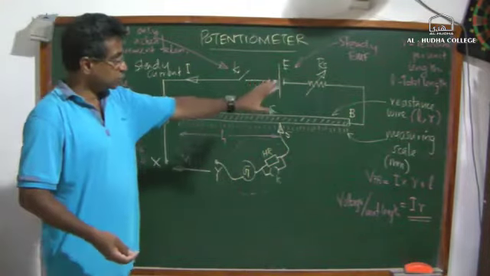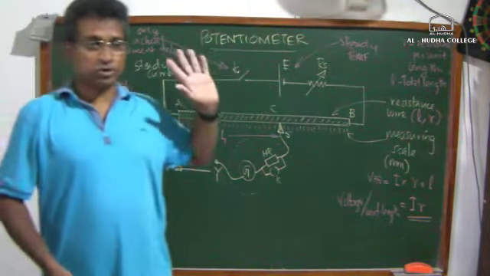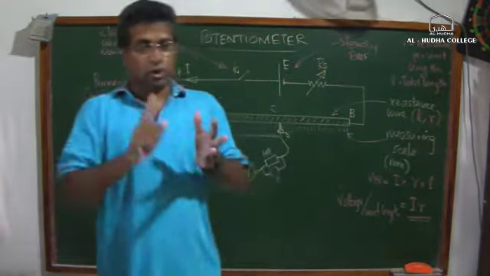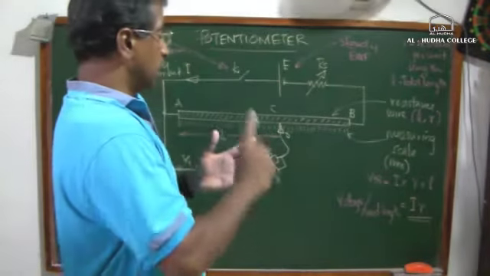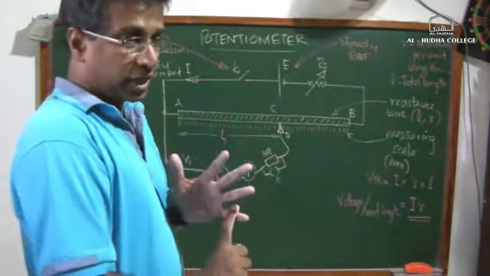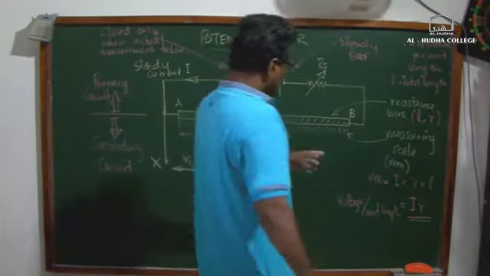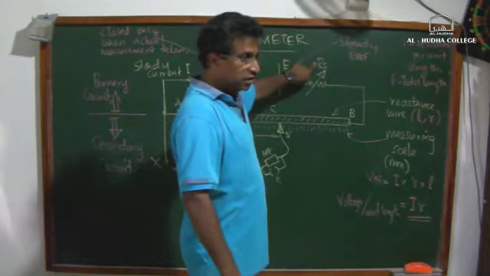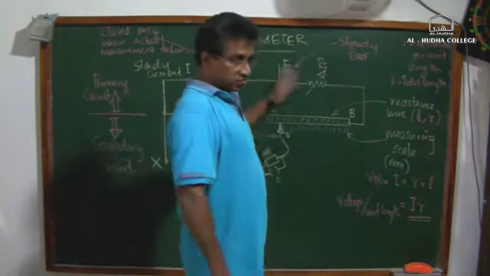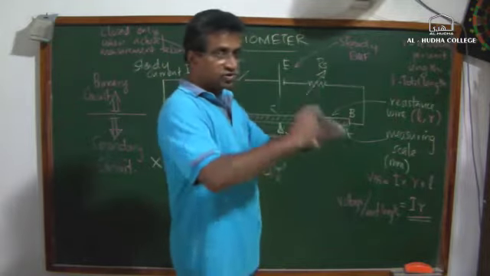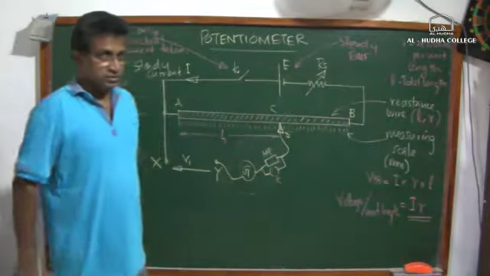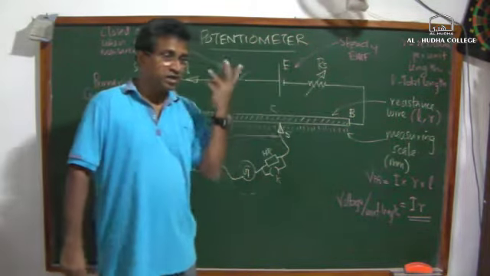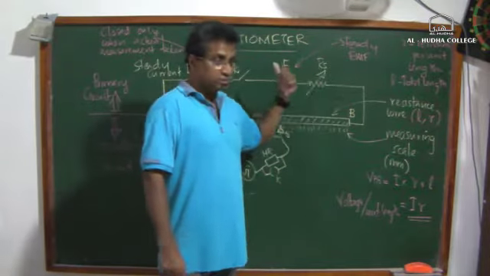So those are the two important parameters in a potentiometer. One thing is, with the length and the total resistance, you have to calculate the resistance per unit length R. Then I you can calculate, because if you know the value of the series resistance and the total resistance of AB, you can find I. Once you calculate it, I doesn't change, right? Now you adjust RS and bring a convenient I. By changing RS, you can bring a convenient I.